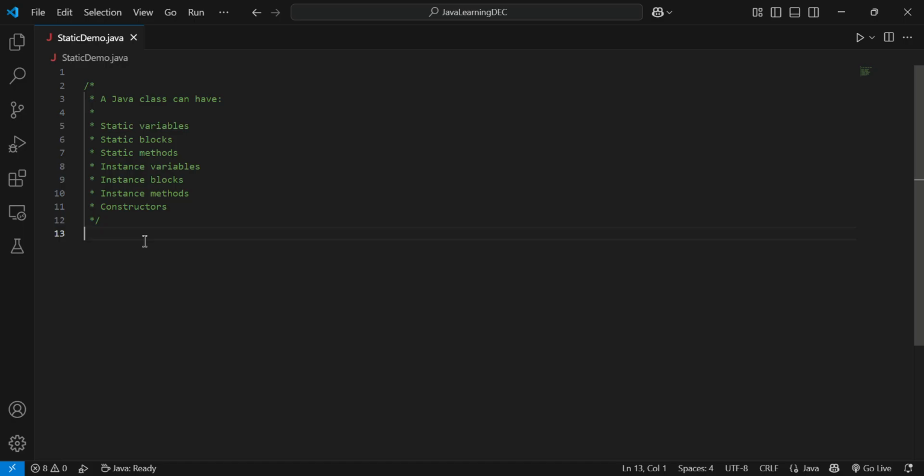I am Ria and today we are diving deep into one of Java's most important concepts, the static keyword. Whether you are a beginner or looking to strengthen your Java fundamentals, understanding static members will help you write better and more efficient code. Before we understand what static does, let's first understand the different members a Java class